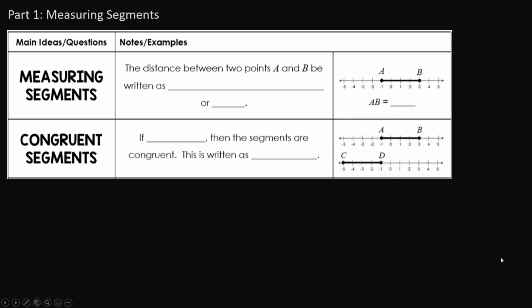Let's get into measuring segments. So a segment is just a portion of a line. It has specific endpoints. So we can see on this number line here, we have segment AB. And we are going to measure segment AB. The distance between 2 points A and B should be written as the length of AB, like so, the length of